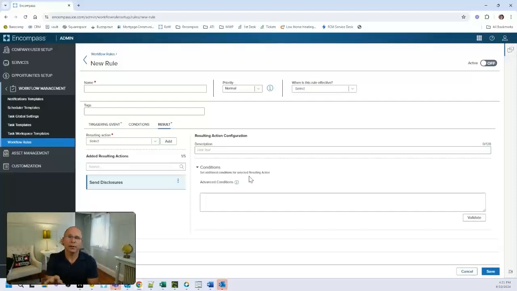Go into your testing environment, have ICE Mortgage Technology turn it on for your testing environment and try it. I'm confident that you will find it's a much easier workflow for your teams and for your borrowers as a result. Again, the people that I've heard have problems are borrowers that, again, you don't put their mobile number in.